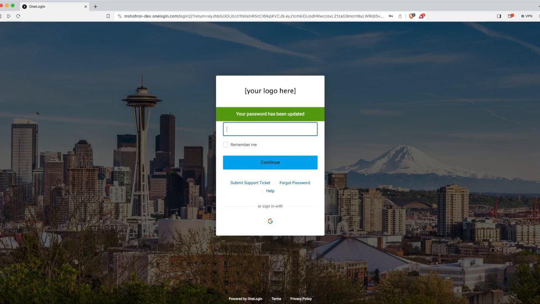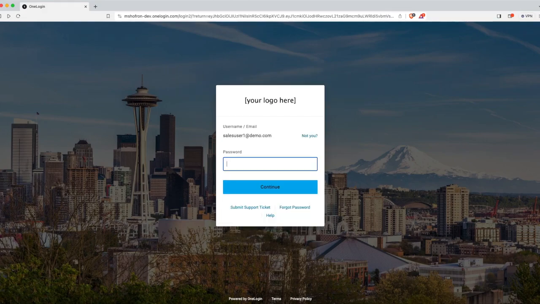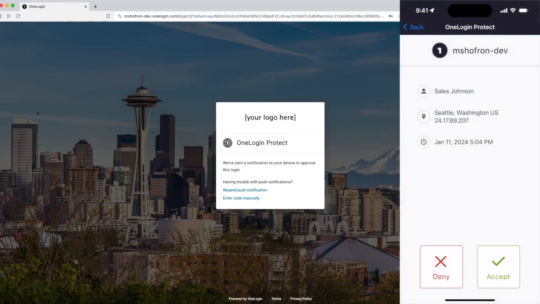Additionally, if users authenticate against Active Directory, this process seamlessly updates the user's password in Active Directory via OneLogin's real-time Active Directory connector. Now, let's sign into the OneLogin SSO portal. The user will start by entering their username, followed by their password. Then, depending on the user's security policy, they may be prompted for MFA. As we can see here, this user is on a security policy that prompts them to perform MFA before allowing them access to the portal.